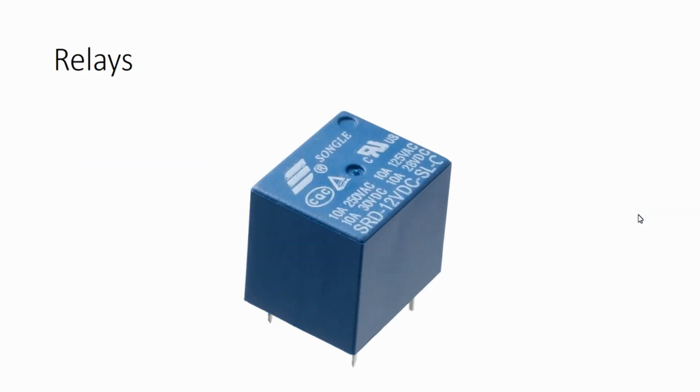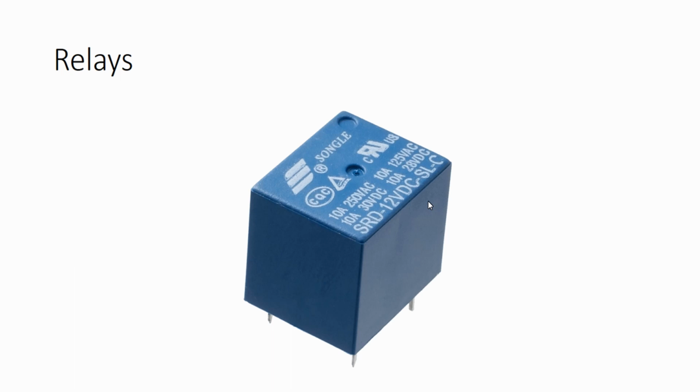There are varieties of relays available in the market, and one of the most commonly used relays is this sugar cube relay. I am just going to use this relay for controlling the state of a 230 volt AC light bulb with the help of a low power 5 volt signal. And you can see this relay is a 12 volt relay, and this voltage rating is based on the coil voltage rating of the relay.